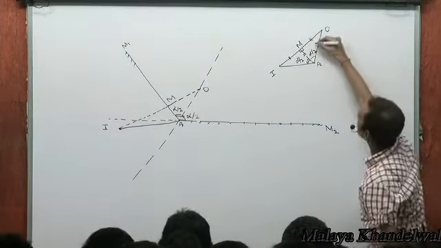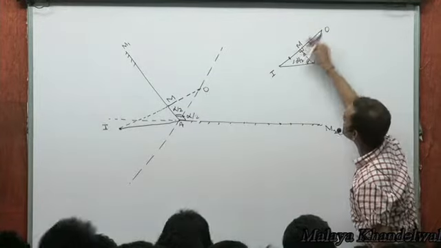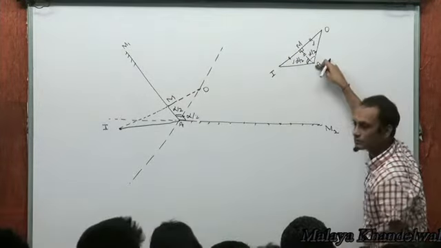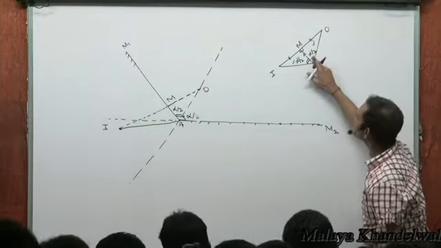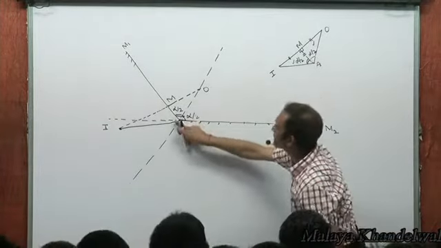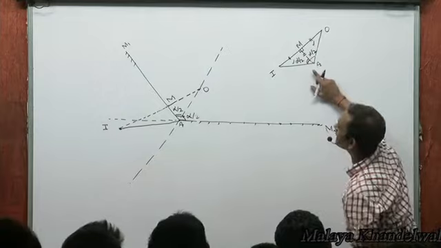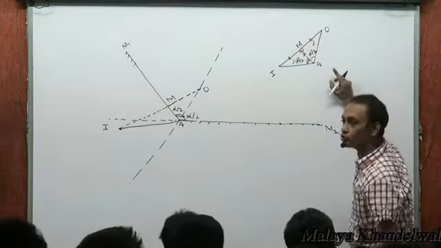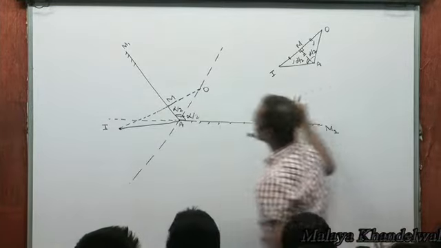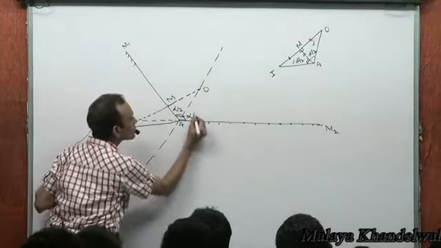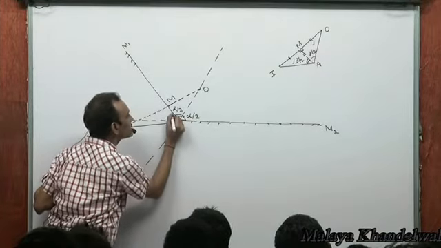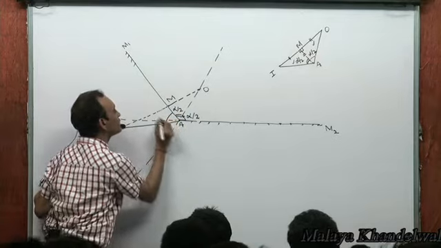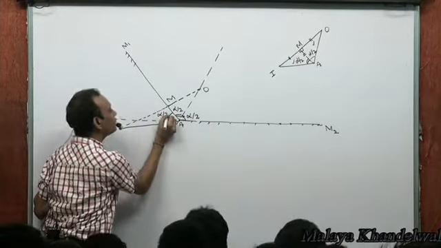Right? From these two triangles are congruent. Object distance, image distance, 90 degrees, side common, right? So if this was alpha by 2, which it is, then this angle IAM will also be alpha by 2. So if this was alpha by 2, this is alpha by 2, then this angle will also be alpha by 2,